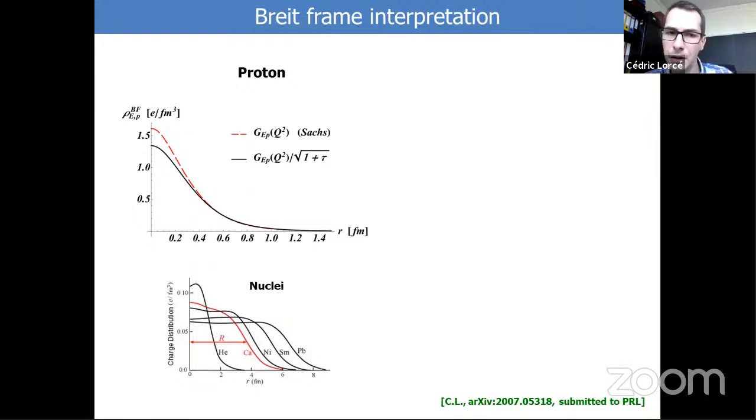Another hint that relativity is very important for the structure of nucleons is when you compare the proton charge distribution with the nuclei charge distribution. So for very heavy nuclei like samarium, nickel, lead, the structure is the following. You have essentially a flat constant charge density. It's a bulk constant density. And then for a certain width, a certain distance from the center of the nucleus, you have a transition from the flat plateau to 0. And this is called the skin of the nucleus.